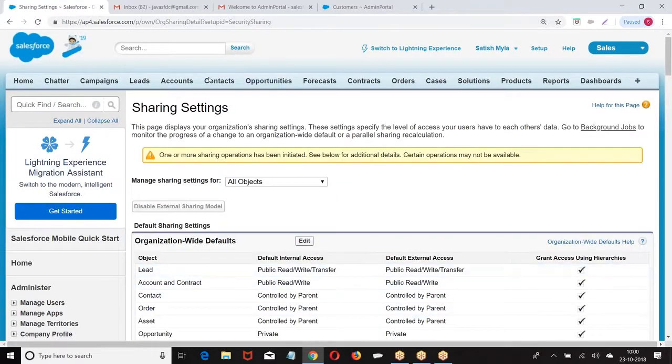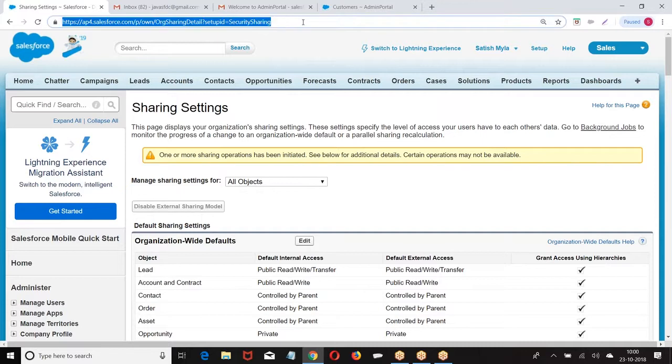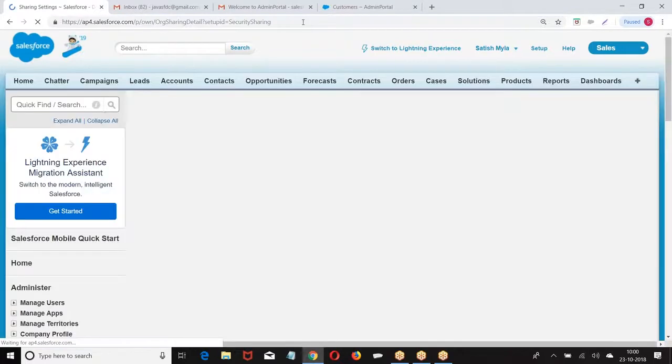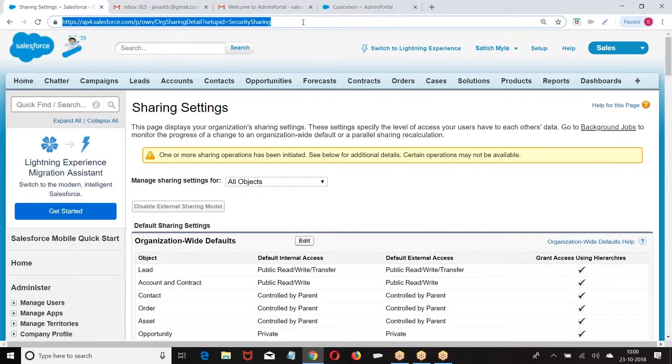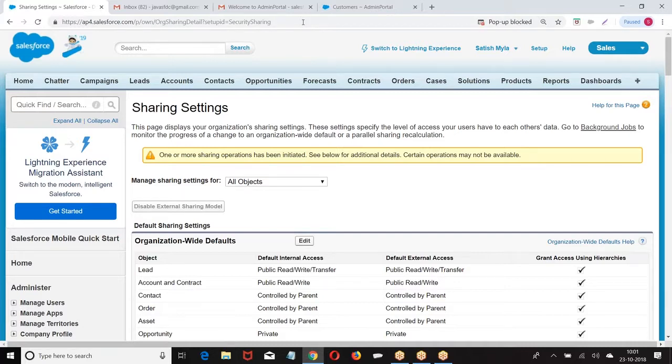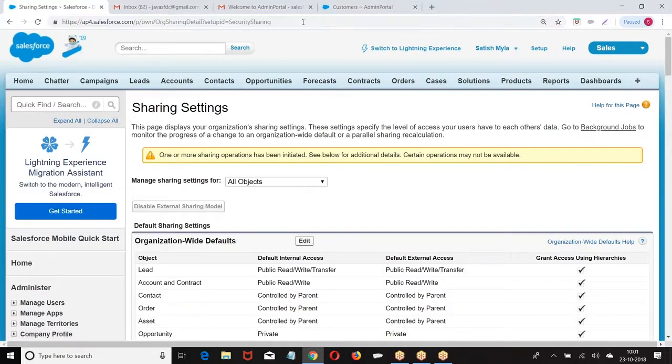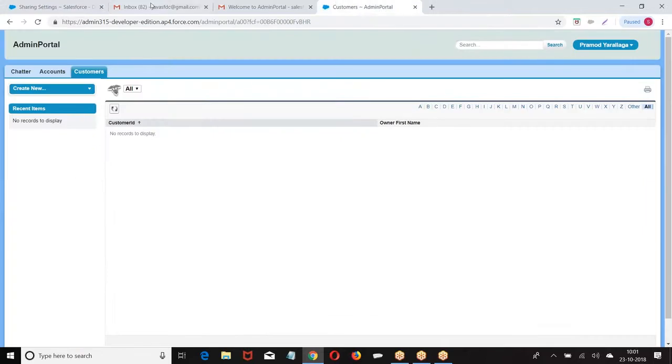I enable it. Once that option is enabled, we can see the data here.